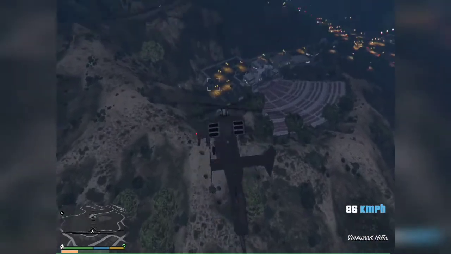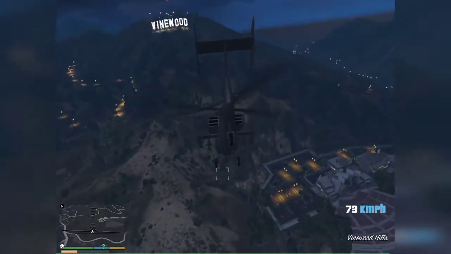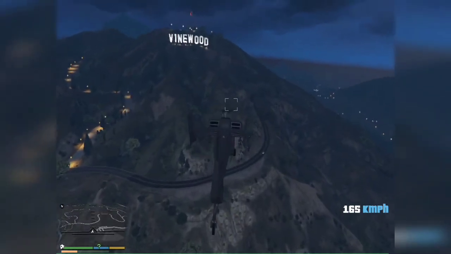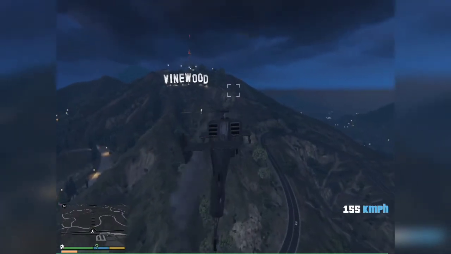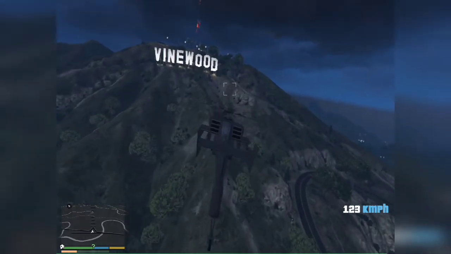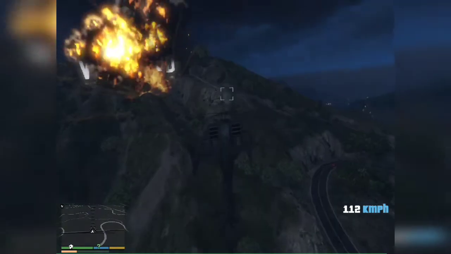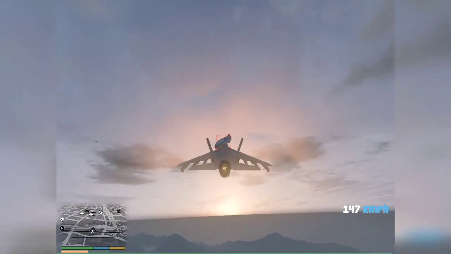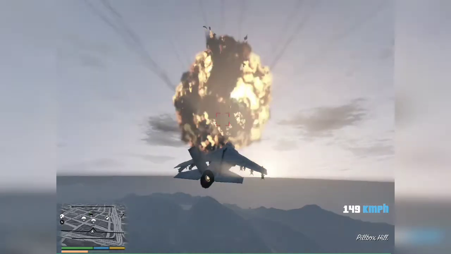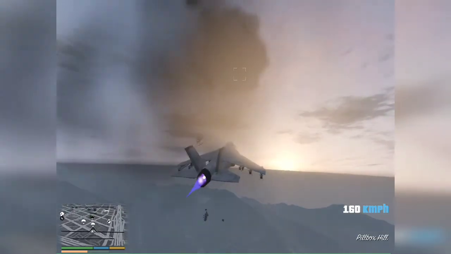So now let's explore the Vinewood sign. And boom. So you can use this in any missile launching vehicle.